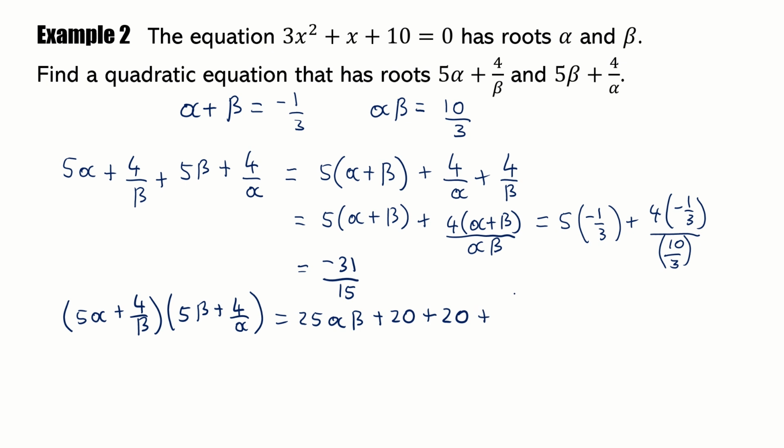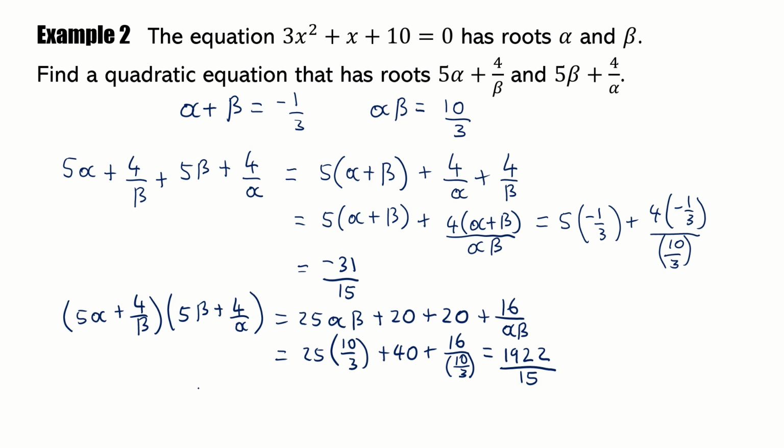And then lastly, we get a 16 over alpha beta. So actually, that's very easy to calculate. So it's just going to be 25 lots of 10/3 plus 40 plus 16 over 10/3. That will come to the fairly large number of 1922 over 15,